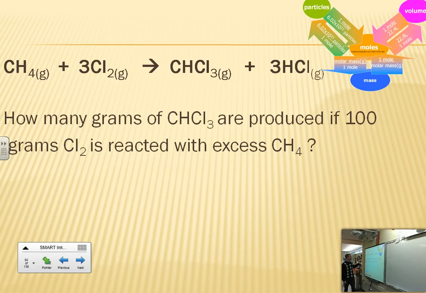Okay, so again, I've got a balanced equation. I can use that to help me predict reactant and product quantities. In this case, I'm looking for how much is produced in grams. So let's start with what's given. What's given, it looks like I've got 100 grams of Cl2, and it looks like I'm trying to figure out